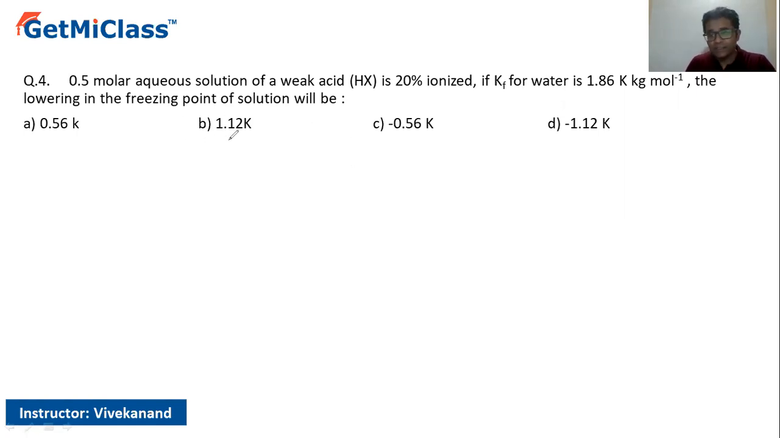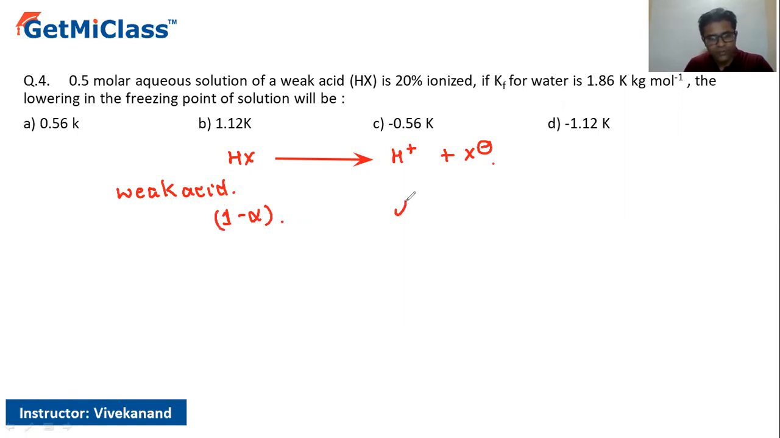Right. So therefore, let's consider a weak acid HX. Now, a weak acid HX undergoes dissociation as H plus and X minus, right? So for any weak acid that we would consider, let's take 1 minus alpha as the undissociated part. So this is going to give me alpha and alpha, right? So therefore, we would say that alpha is 20%. Therefore, let's consider the calculation of